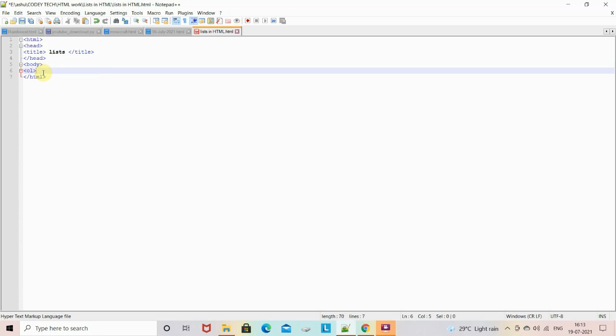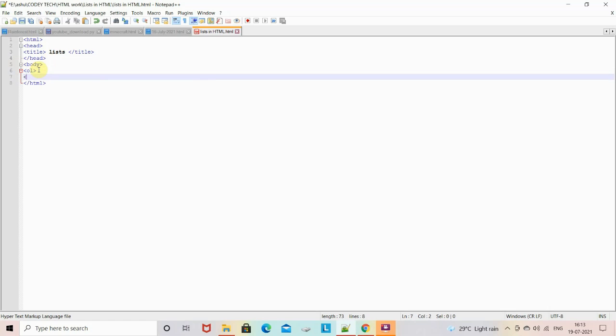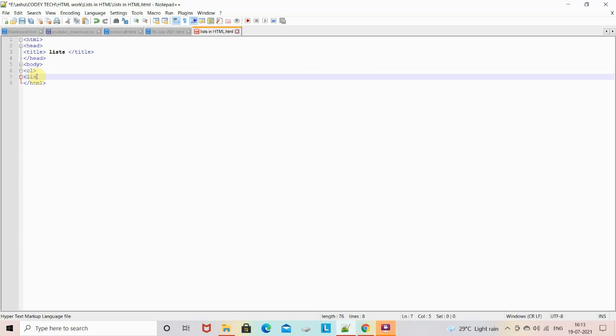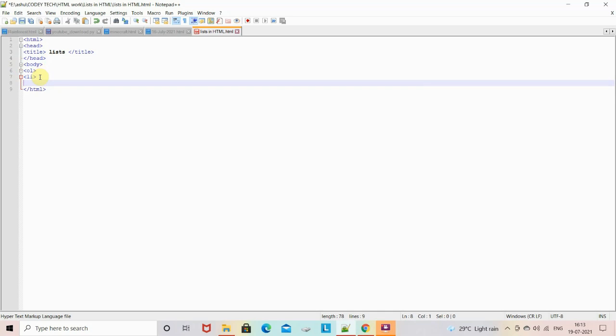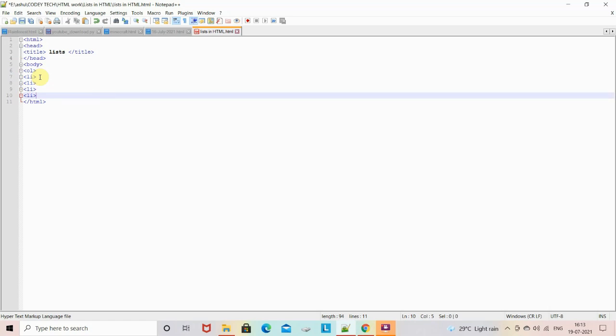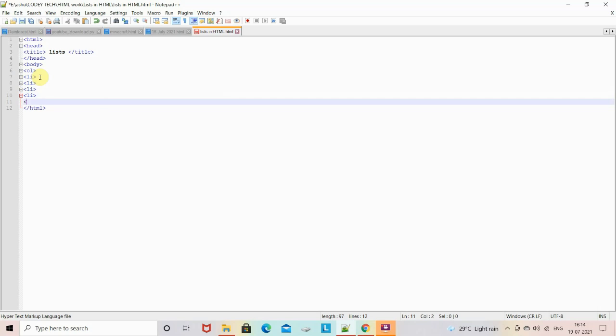This defines an ordered list. Then we have to write the li tag. Now the li tag stands for list items. So after writing the ordered list, you will write the list items. For example, you have 5 list items, so you will write li 5 times, and these are the 5 items. Now this is an empty tag, that means we do not have to close it by giving a slash.